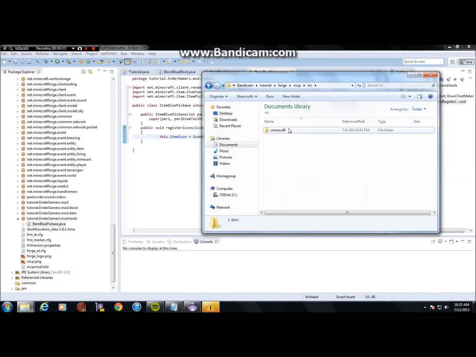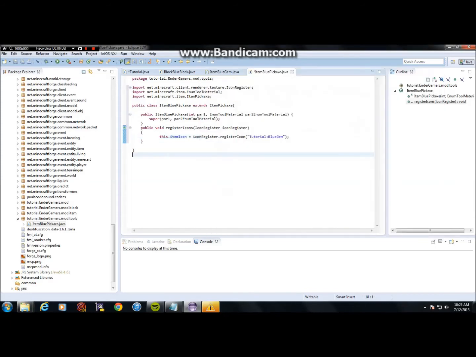So whatever you named this right here, except it doesn't matter what you capitalize. So for me that was tutorial, and then your item, then whatever you're going to name the texture file. So me, I'll just name it blue pickaxe, and you do that for everyone,